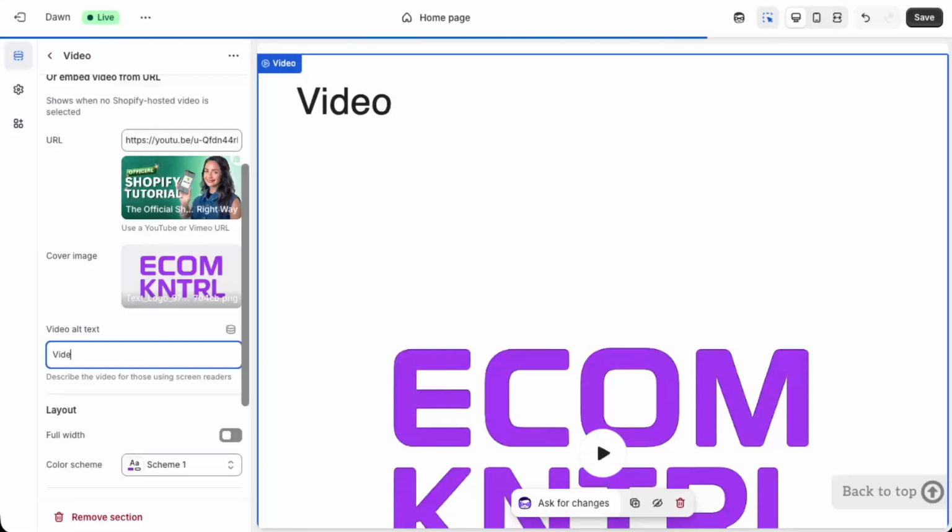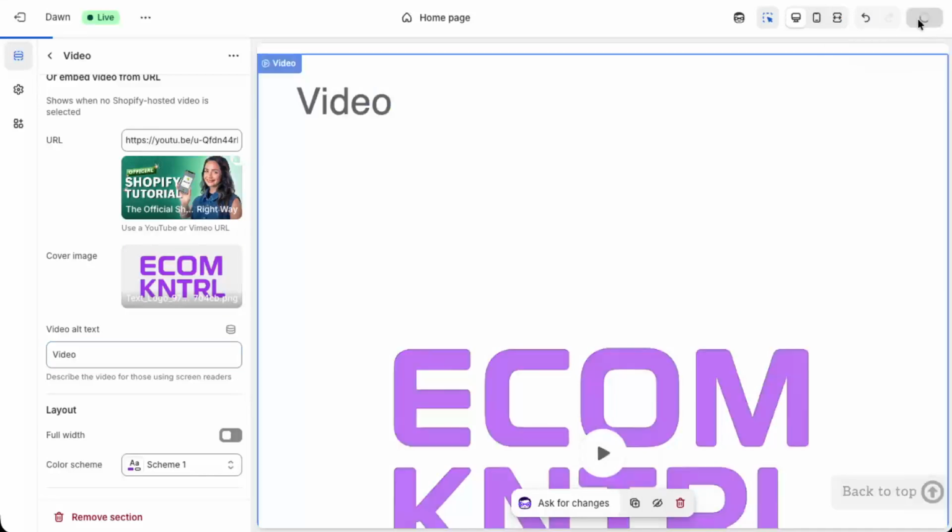Back in the video settings, find the field labeled Video Alt Text. Click into this field and type in your video title or a short description of what the video shows. This helps with accessibility and search engines. Finally, when everything looks good in the preview, go to the top right corner of the editor and click Save. Your video is now embedded on your